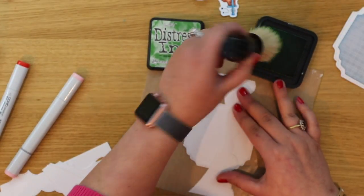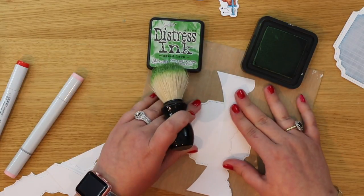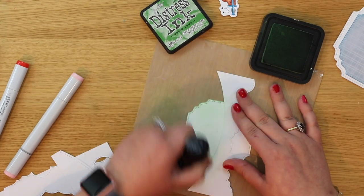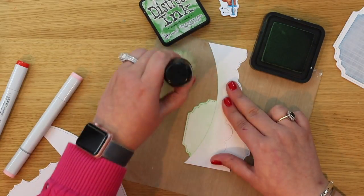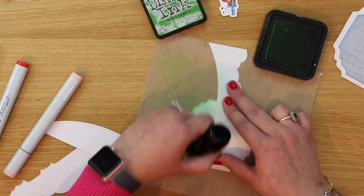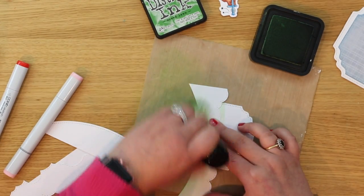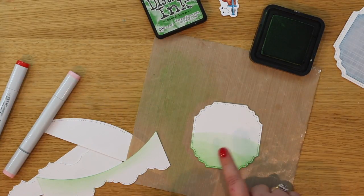You can pretty much use any dye ink, and I use barber's brushes because I like the effect they give me. Let me grab that again, and I'm going to grab it with my hand this time so it doesn't move, and I'm going to add a light dusting before we start adding more texture. So this is going to be our horizon line there. Now I'm going to move it more this way. And you'll see I'm just dotting off a little bit of that ink on the mat before we move anywhere. And now I'm going to do a little bit this way too. And when I lift that off, we have these lovely almost hillsides